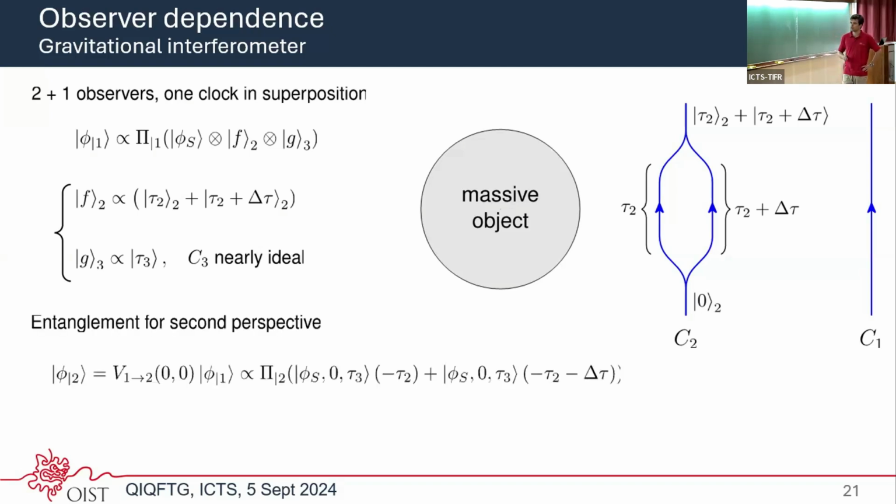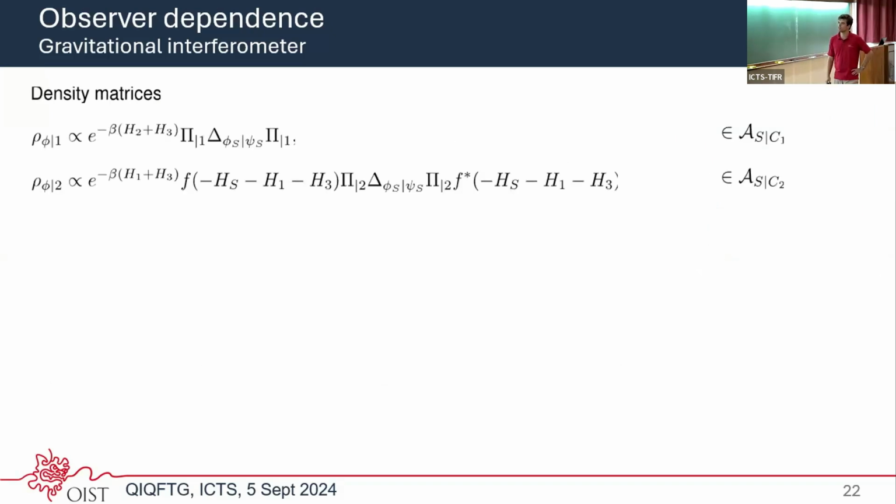It's not that important. But then what happens if you apply this VMAP to look at the state from the second observer's perspective? This superposition here will turn into entanglement for the second clock. So here it's a product state for observer 1, for observer 2 it's an entangled state, so you would already say that, okay, the entropies will be different. And it also turns out, if you do the calculations, that we have the two density matrices for both observers. And you can already see here that, for example, in this one, the wave function of clock 2 doesn't play a role, but here it will play an important role.